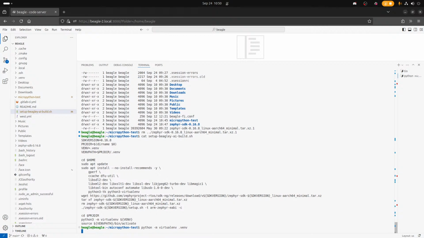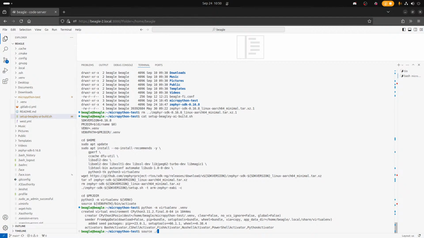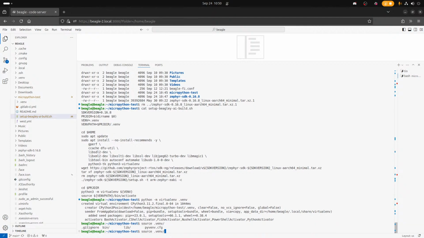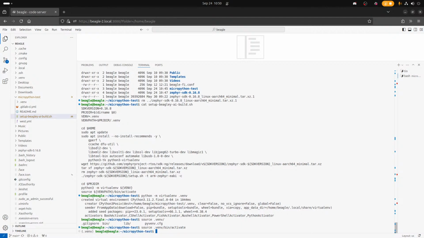Since we are already in the project directory, we can, I guess, just use .venv directly instead of using the variable. All right, so now what do I need to do to west in the path? That's part of what I wanted to set in the setup, right? I wanted to echo whatever I needed to have west in the path, right? So it's going to be the SDK directory.